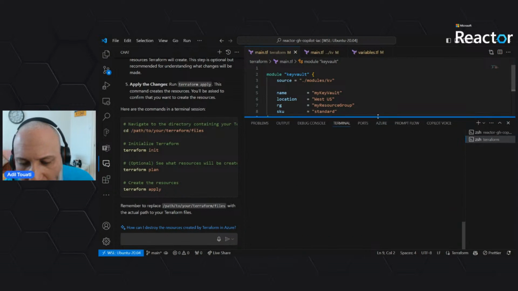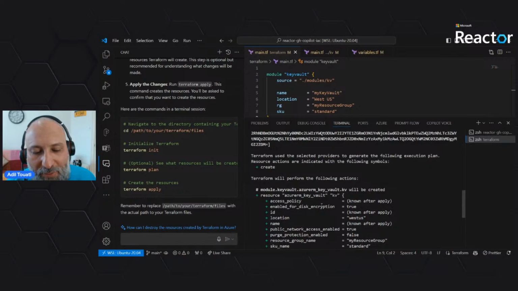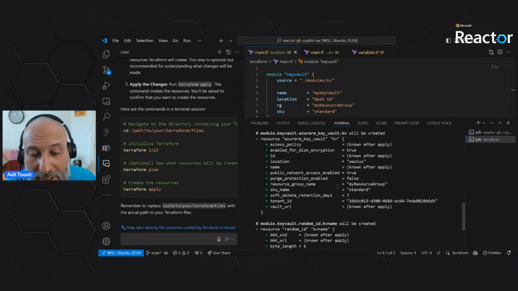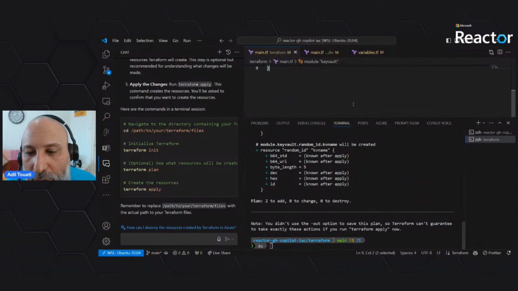How can I bring this up? Okay, so you can see it. Yeah, and it says it needs to create like 2 resources, the random and the key vault. So that's brilliant. So it helped me accelerate my onboarding on that. So what I will do is I will just go and